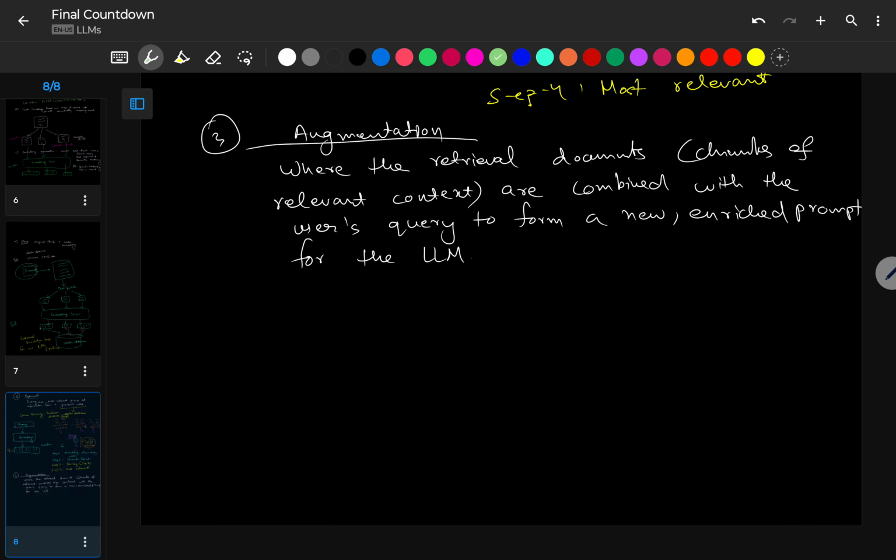If we take an example of this augmentation step, the enriched prompt that we prepared for our LLM would look like: